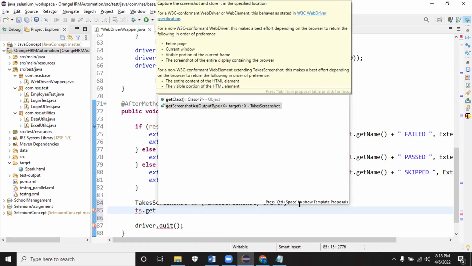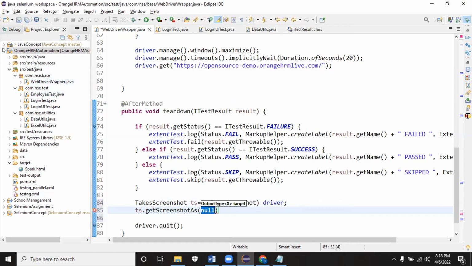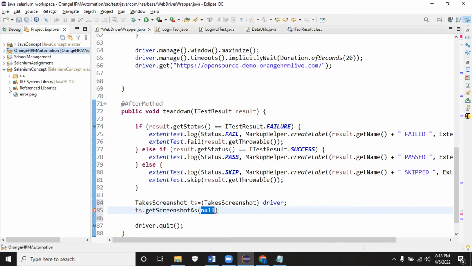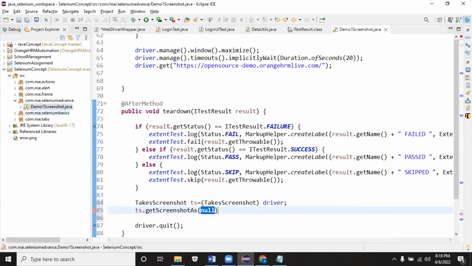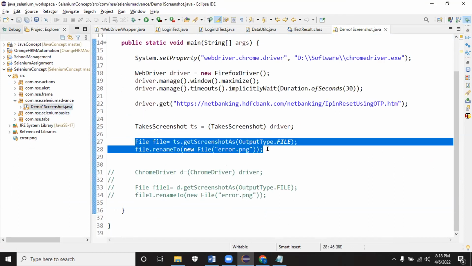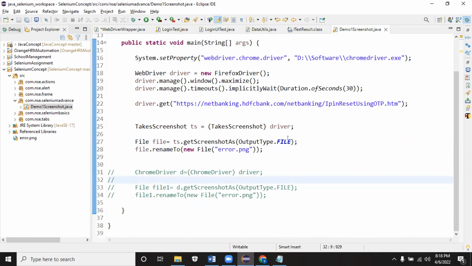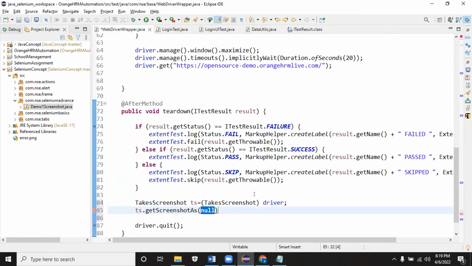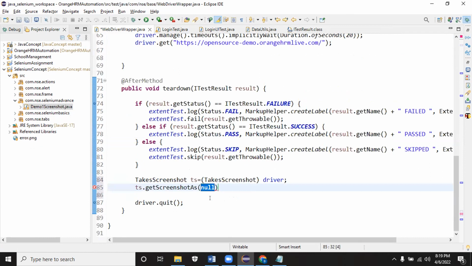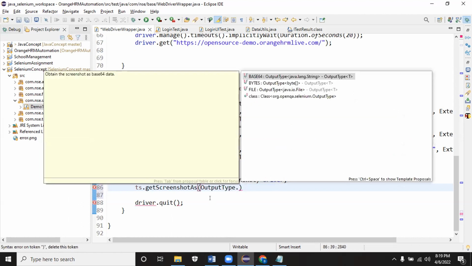Just listen here. Already I told you how to save the file. Hereafter, we don't want to save the file. If you add it in the report, you can check the report. I told you how to save it as a file. If you want to add it, you can add it. Now what I'm planning to do is embed that into the report. To embed that into a report, we don't save it as a file. Here, if you see, getScreenshotAs with output type file is saving it as an actual file. Now what I'm trying to do is take the screenshot. If you want to save it as a file, you can save it the way I explained to you. Otherwise, you can use OutputType dot, you see, BASE64.